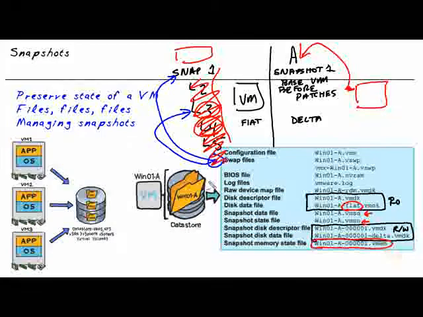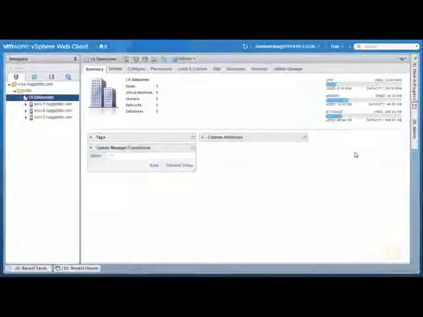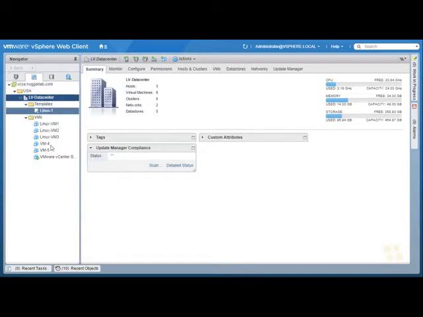So in the hands-on lab, what I'd like to do is let's walk through some scenarios of where we can create, verify, and manage our snapshots. So here in the vSphere web client, let's go ahead and pick on a victim that we'll go ahead and practice our snapshots with. And to do that, let's use VM5. So we'll click on the icon for VM and templates over here in the navigator pane,